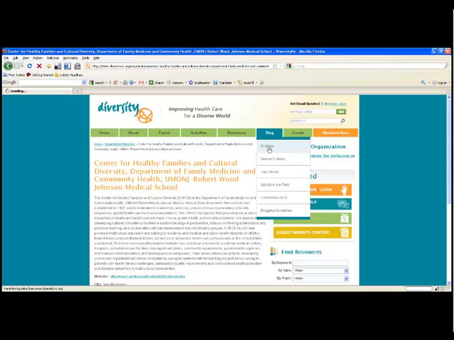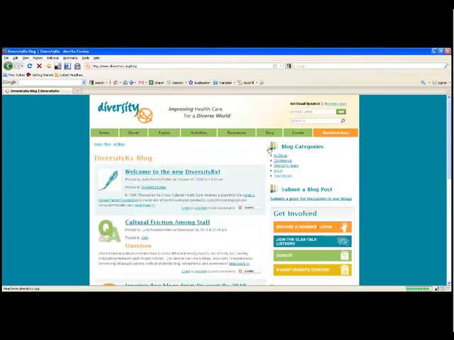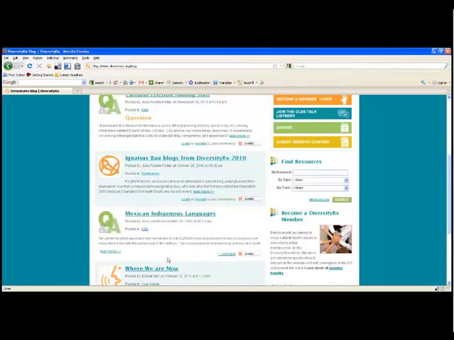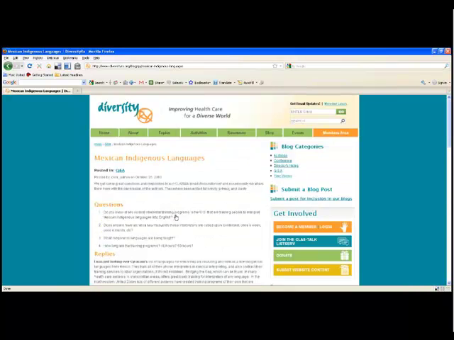We have 4 blogs, actually, that are part of the DiversityRx website: the Director's blog, the Question and Answer blog, the Conference blog, and then Voices from the Field. And I'm just going to give you a little glimpse of one of these blog pages. We're going to look at the Q&A, which, as you might expect, is a question that's posed by somebody, and then also the answers. And these were all taken from our Class Talk email discussion list and edited slightly.